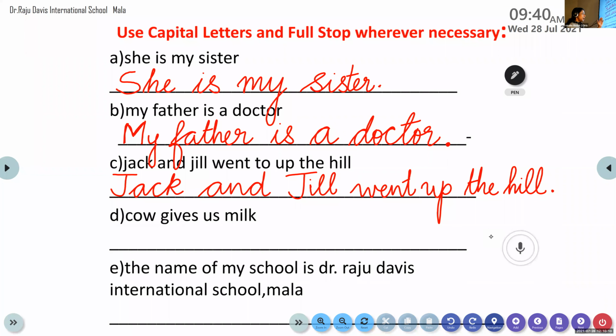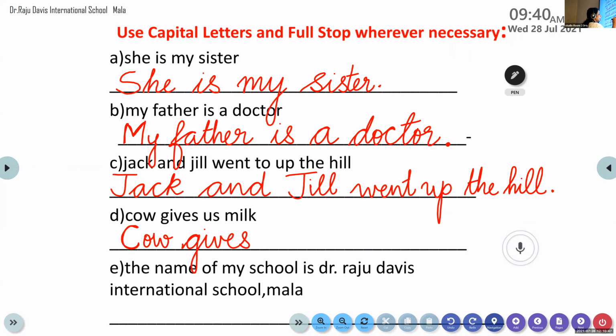All of you, please have a look at it. Cow gives us milk. Okay? So we already know. Now, all of you tell me how we have to write the sentence. While we are writing a sentence, we have to follow certain rules. What is the first rule we need to follow? A sentence always begins with a capital letter. So C should be written in capital letter. Yes, C. Cow